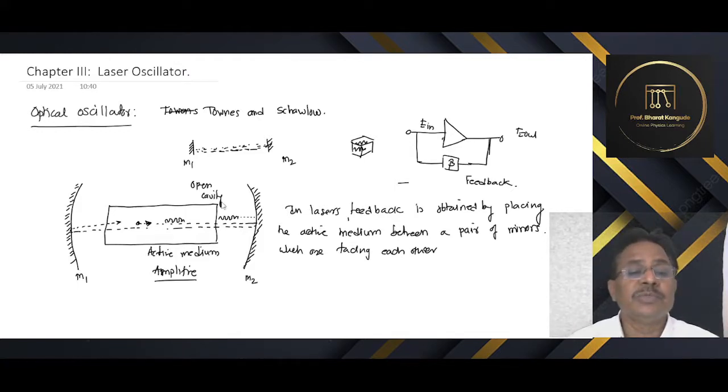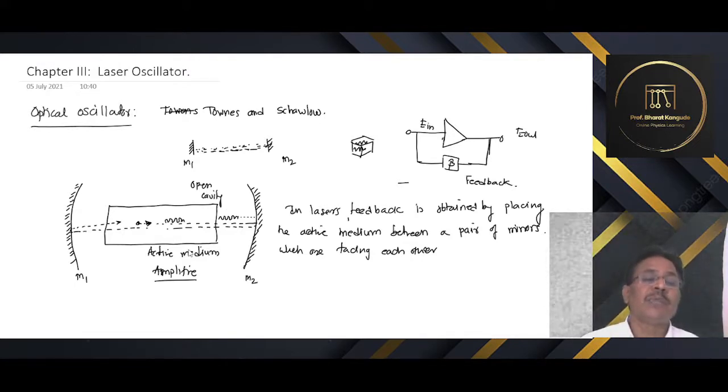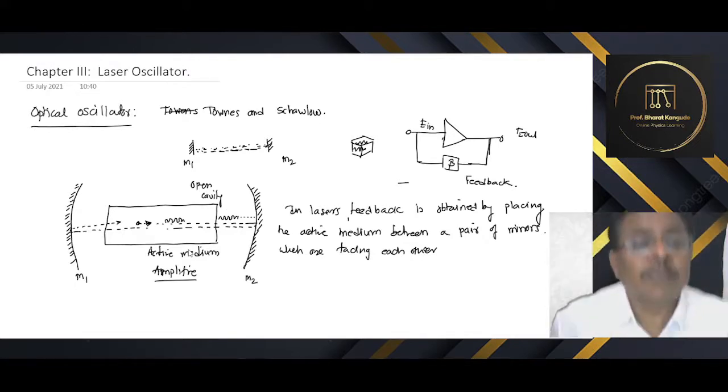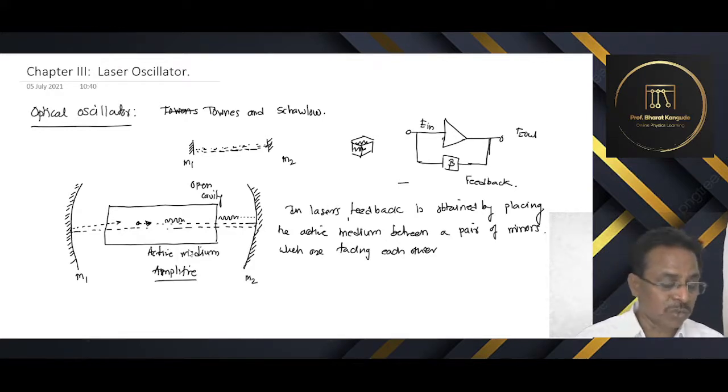In this optical cavity, these photons undergo multiple reflections, and that is an operation of amplification. Every time a photon goes through this cavity, it produces stimulated radiation, and that is how optical amplification of the radiation is possible, as shown by this particular diagram.